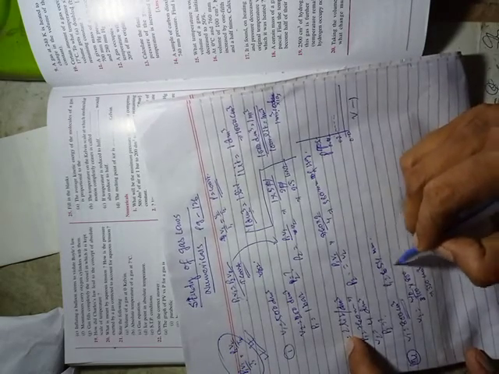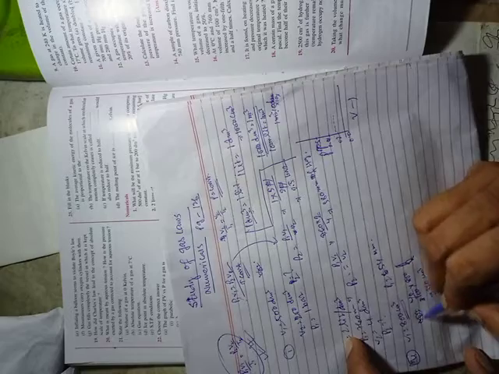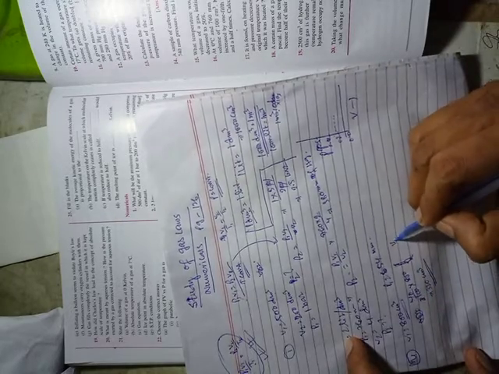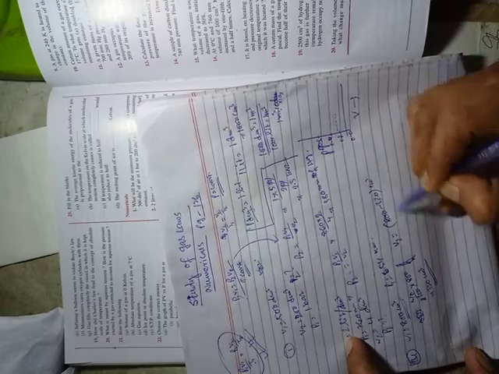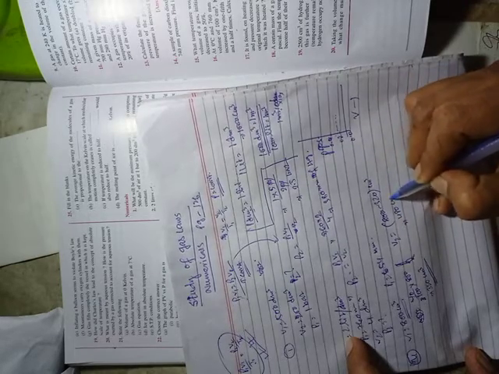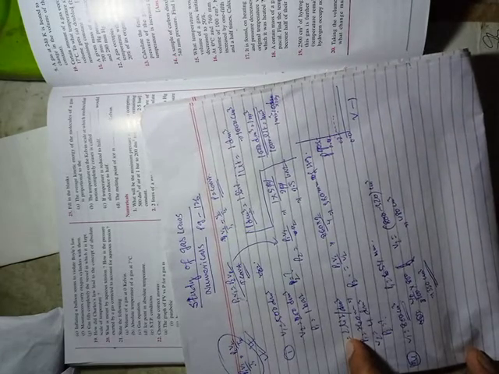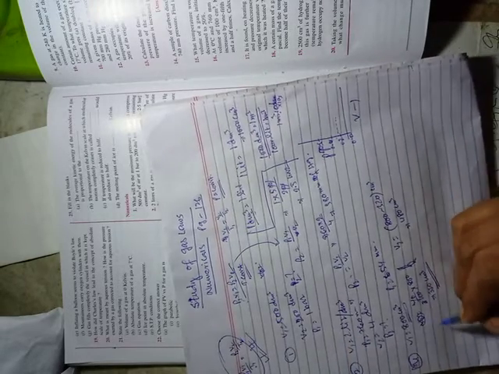That means V2 will be 800 minus 320 centimeter cube, that means 480 centimeter cube. So V2 we get only here in this numerical; you need to solve this portion, 40% of its original volume, then the numerical is solved, there is nothing else.